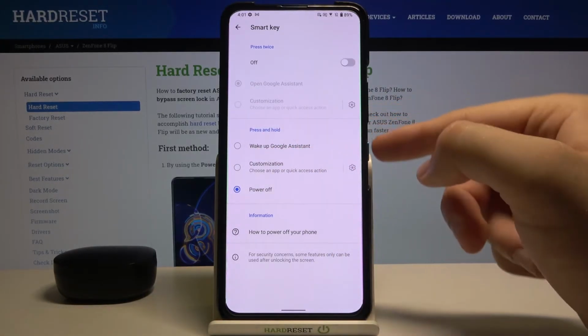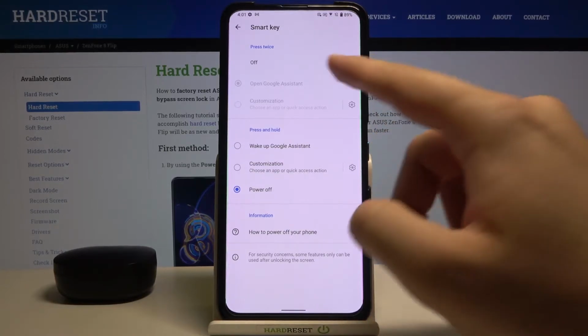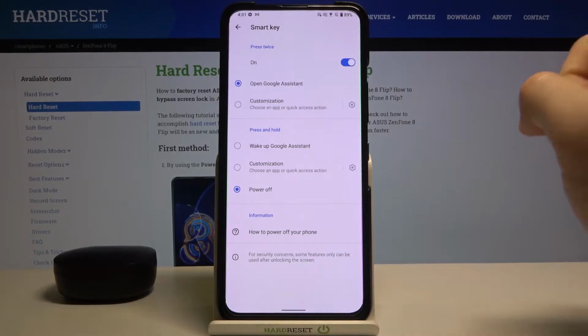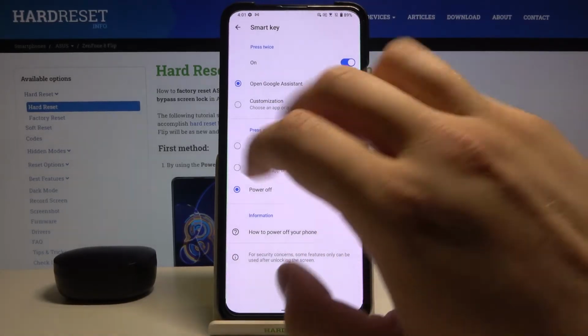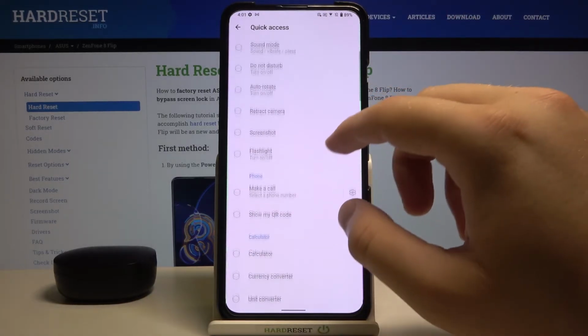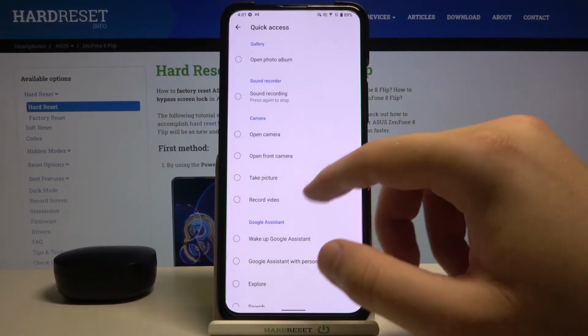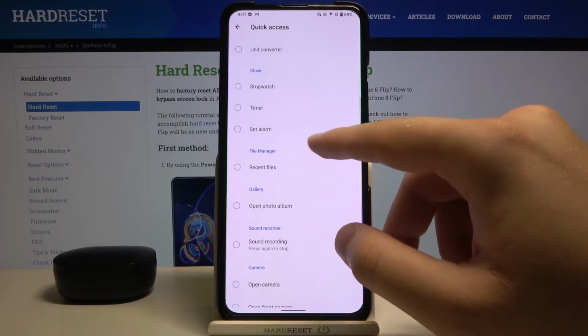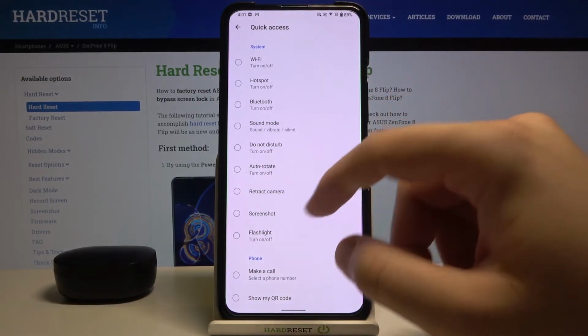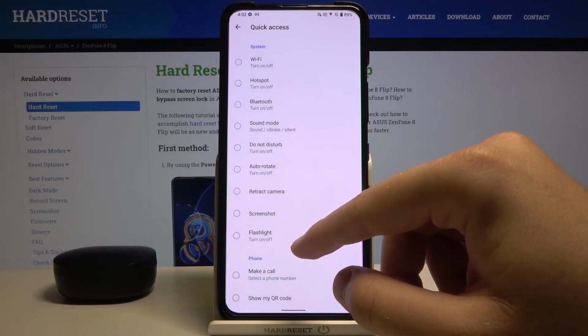So we can press and hold your power key or press twice. Let's choose the first one. Tap on the switcher to enable, and we can open Google Assistant, but also we can customize and open one of the application, or for example open some shortcuts like the Bluetooth that we can turn on or turn off. Let's